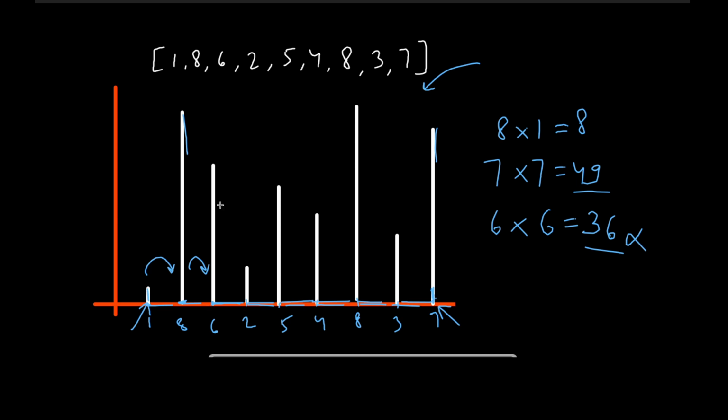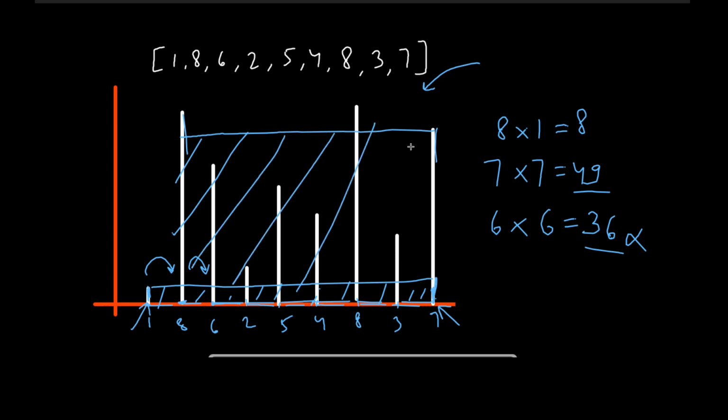Similarly, if we find all the possible areas, in this case when we have this and this as our sides, this is going to be the area enclosed, right? When we have 7 and 8 as the vertical heights, this is the area enclosed. So 49 is going to be the maximum. You can check all possible vertical heights, and you will find that 49 is the maximum. So this was the algorithm.